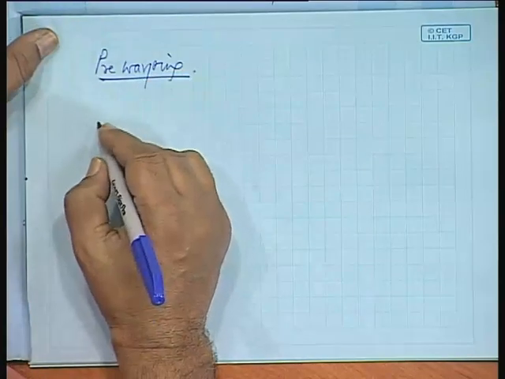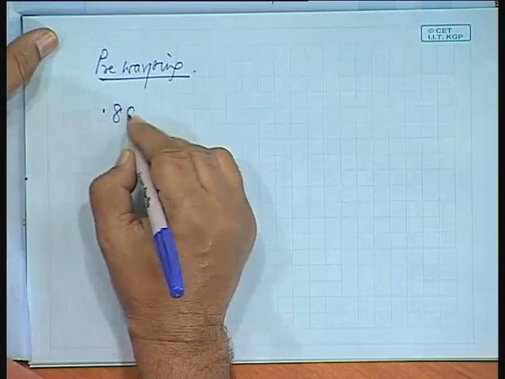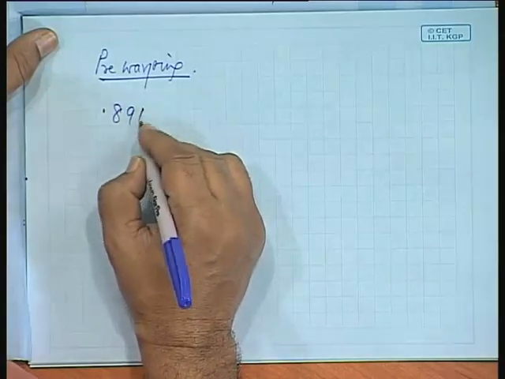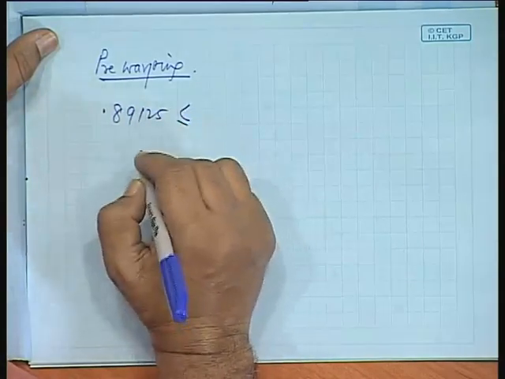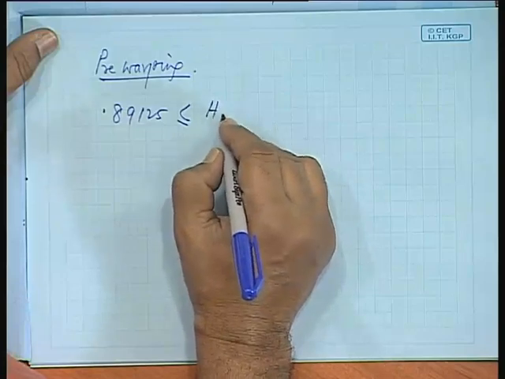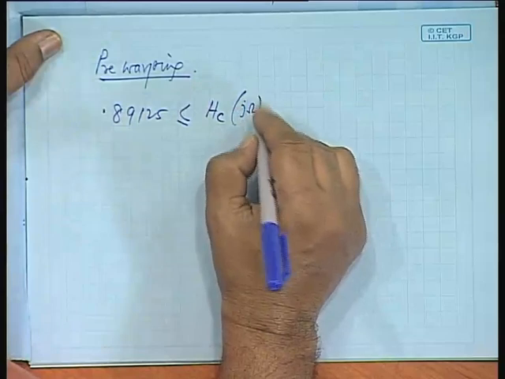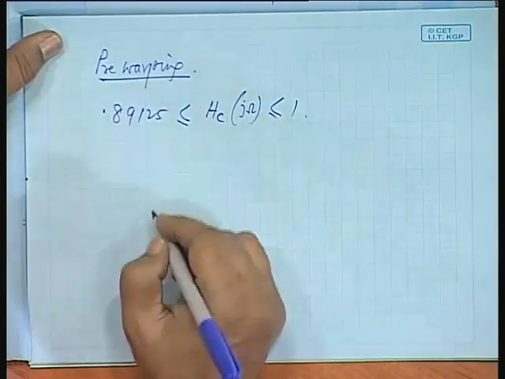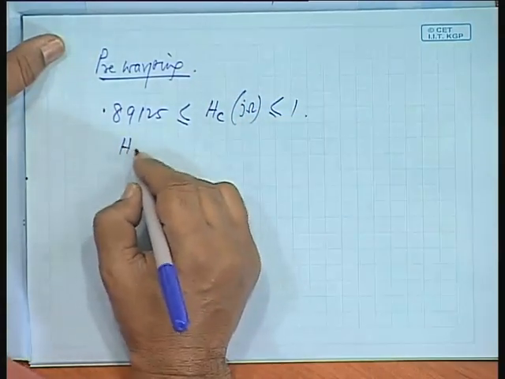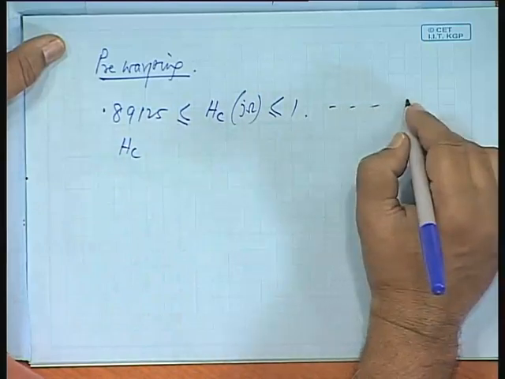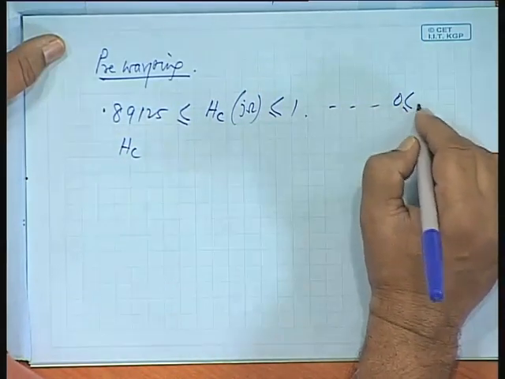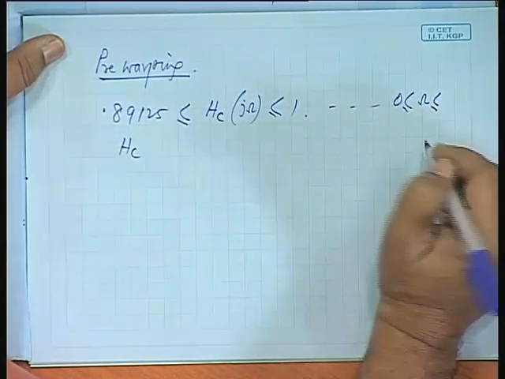Let us see how we do that. The same magnitude 0.89125 should be h in the continuous domain j omega equal to 1 and h c, this is for the pass band 0 omega, and then